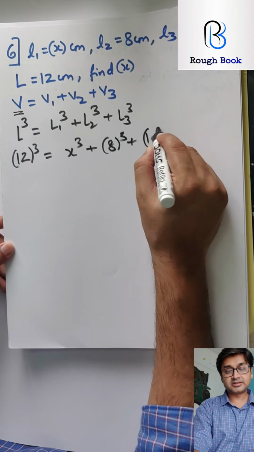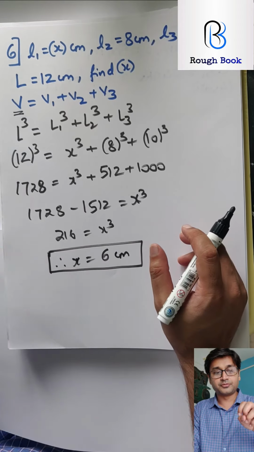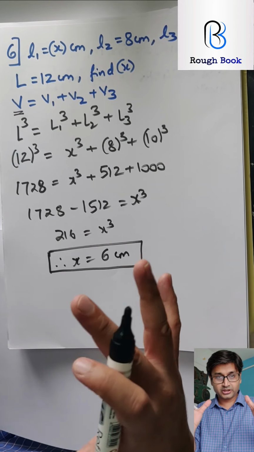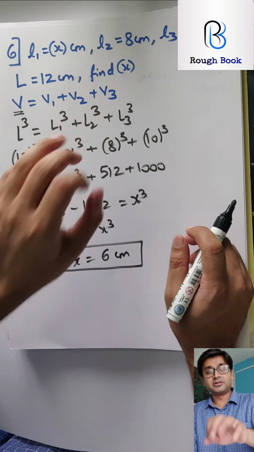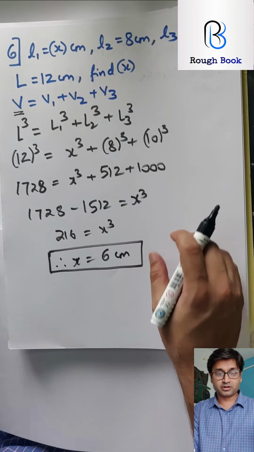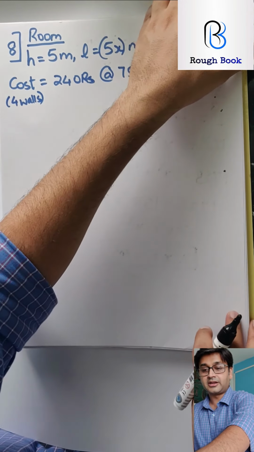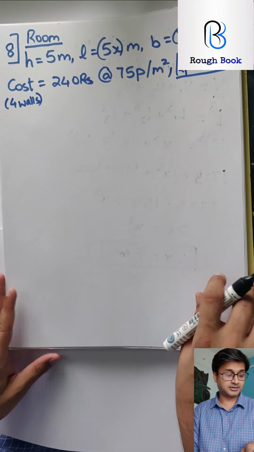Did you understand the question? Whenever they say melted means volume, because what you are basically working on is each molecule within that particular object. So bigger volume, big cube, is equal to the volume of the 3 small cubes. Alright, let's go with the next one. 8th. Pause the video, come on, try this on your own. If you don't get, come back, I will help you then, but try at least.